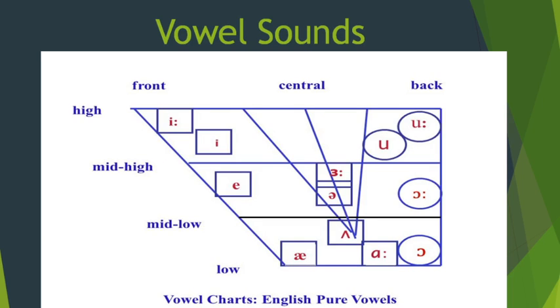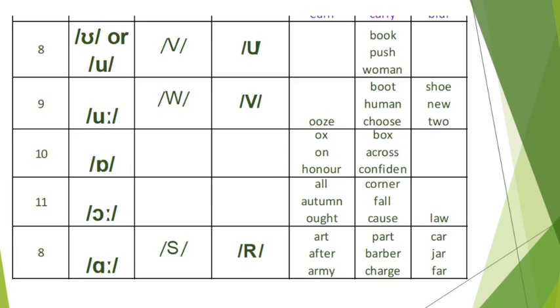You see, these are the 5 back vowels, in which there are 3 long vowels. All are back vowels, 3 are long vowels. One is back, long, close vowel. One is back, half close, short vowel. One is back, half open, long vowel. And these 2 are back, open. One is a long vowel, the other is a short vowel. Now let's see these examples.